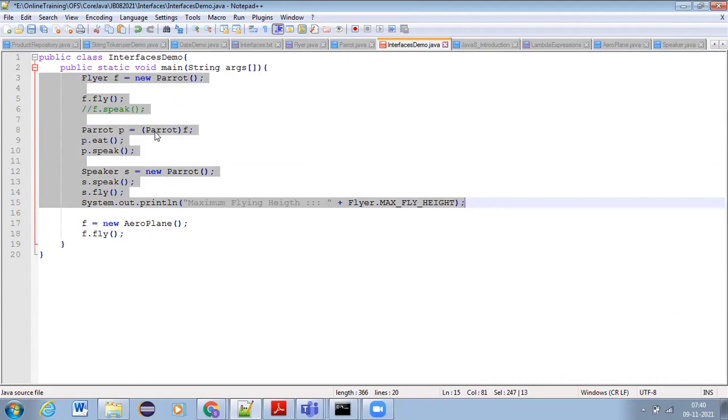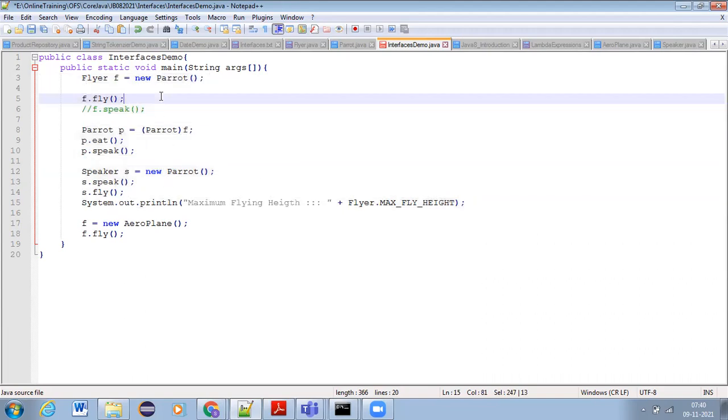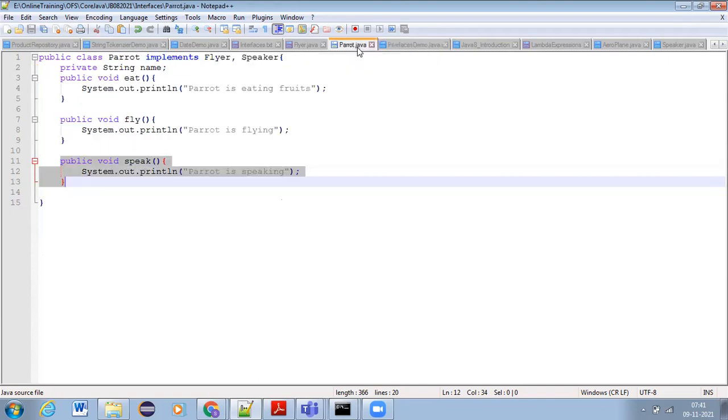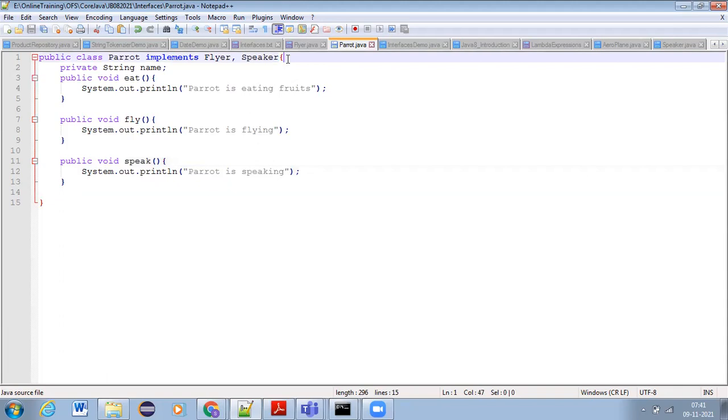If you remember all the points or all the notes whatever I have given, you can answer all this. Clear, guys? So here we can say, parrot is an example for multiple inheritance. Clear?